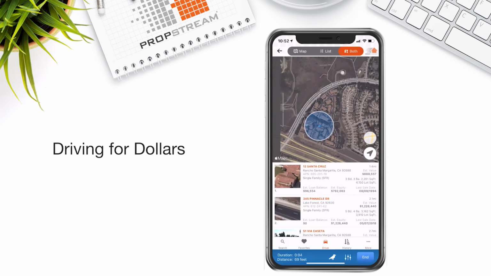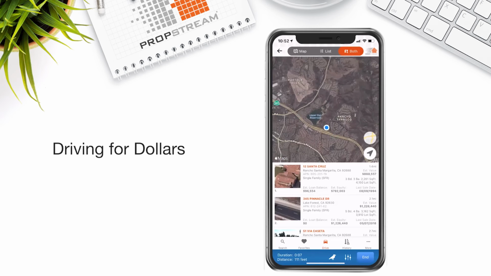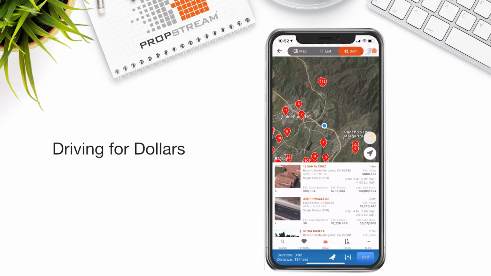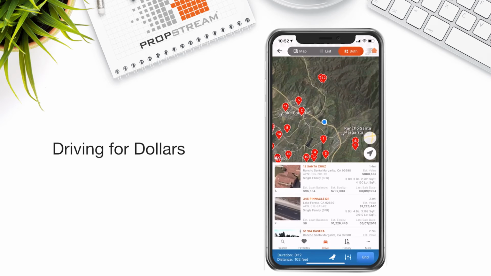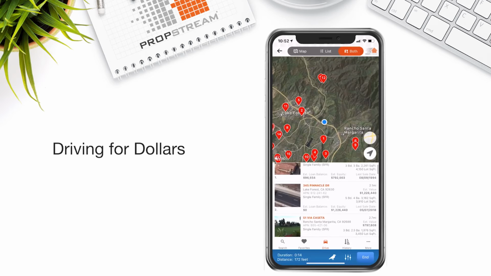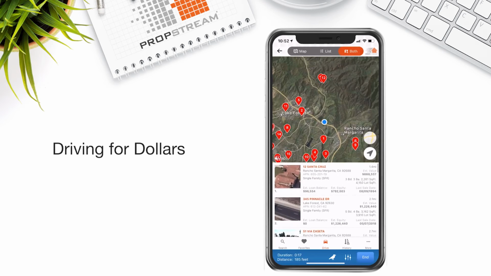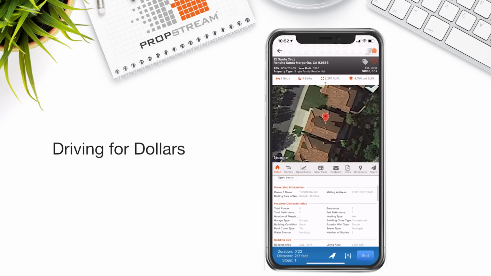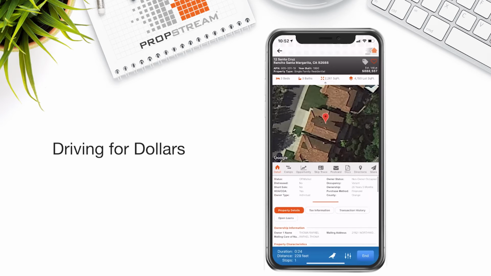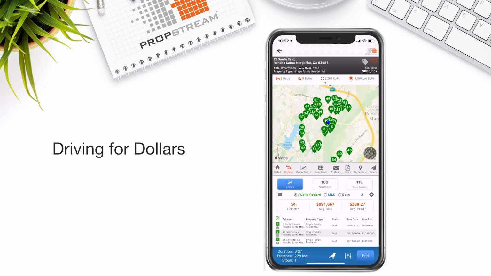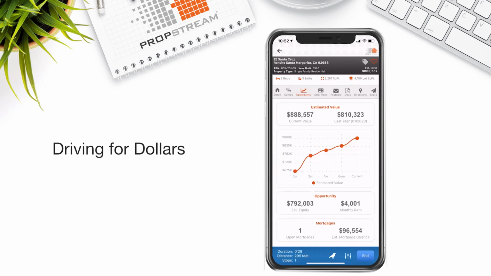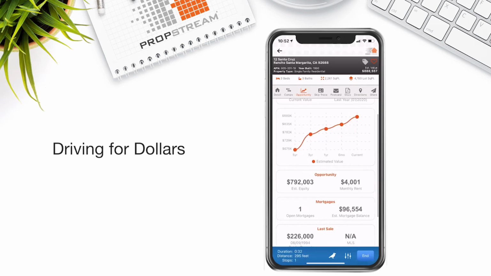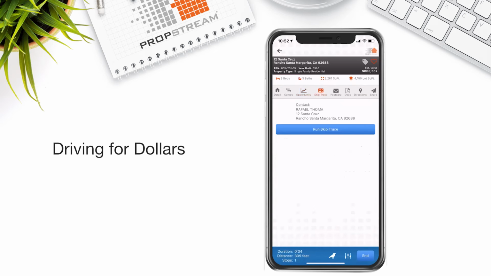At this point, you can zoom out on your map to locate and identify those properties that fit your criteria. From there, you'll be able to tap on your results located below to get to the details of the property, analyze the situation through the property details, run comps to get a value of the property, look at the opportunity to see if it's worth your time or not. And then at this point, we can skip trace the property, get a phone number, get an email, hopefully make contact same day,